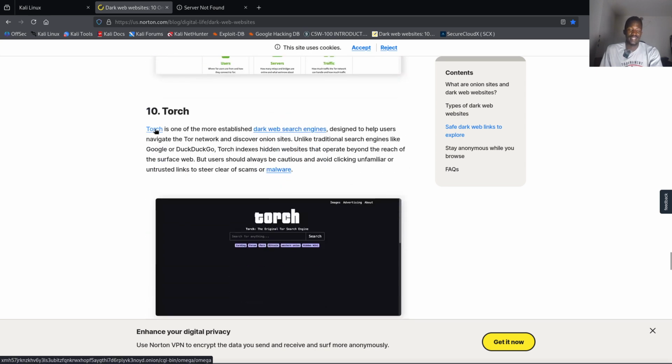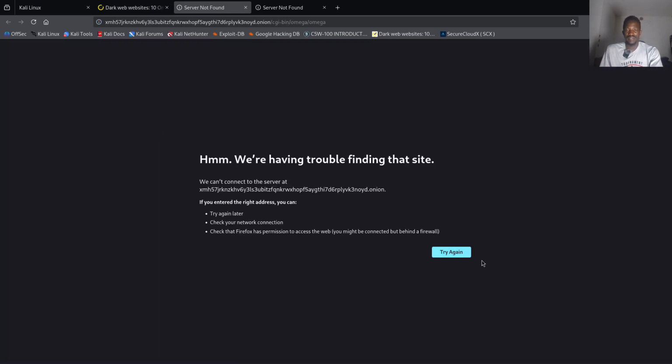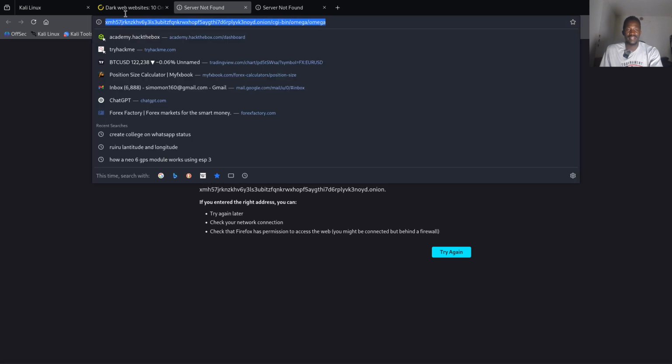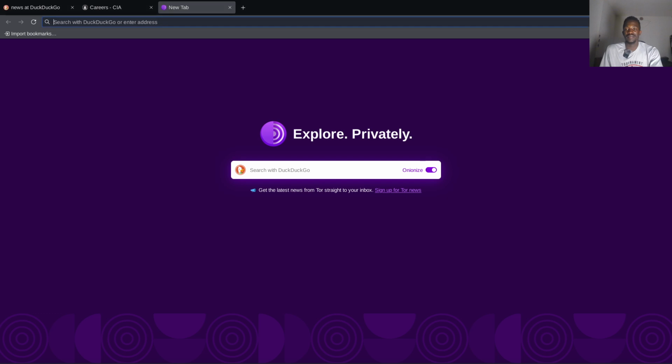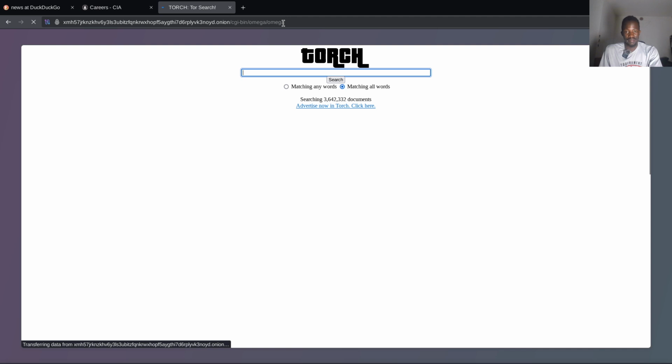Then today we'll be looking at Torch. Let me try to open Torch here. You see that it also prevents the opening. You can see it has a .onion, then slash cgi-bin, omega, but it has a .onion. So I'll copy this link from here, and then I will come here. This is our main aim of today. We want to look at the dark web marketplace, and you can see there are